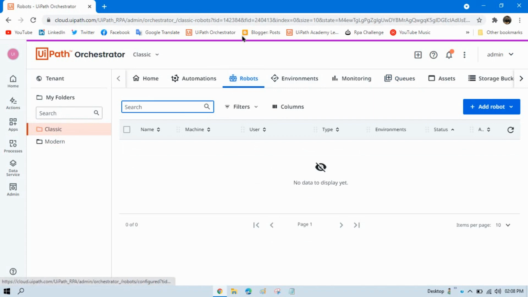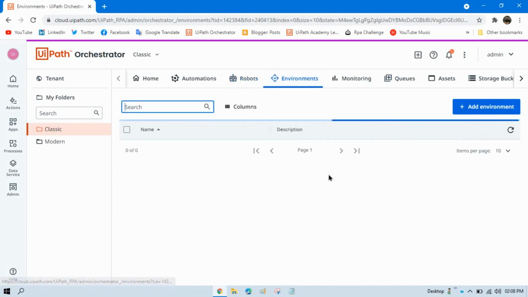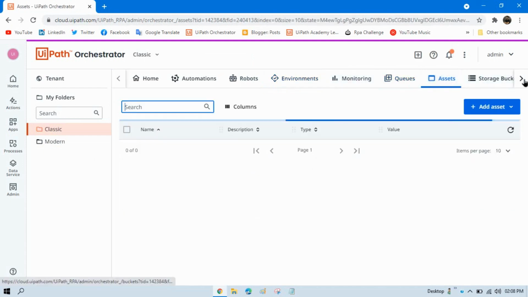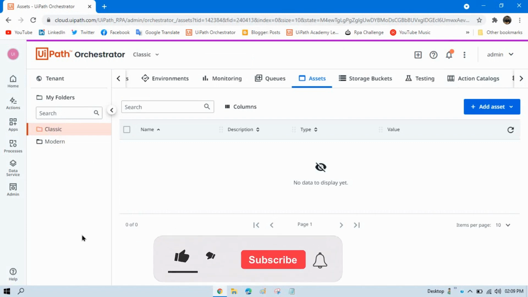Now in this new Orchestrator, you will be able to add the standard robot or floating robot from here. You can add the environments here, you can add the queue, you can add the assets. So there are lots of things that have changed here in UiPath Orchestrator with the Apollo design.